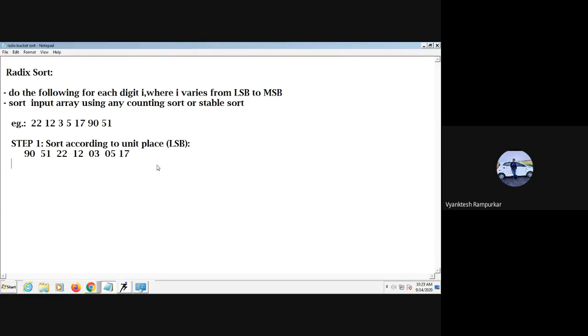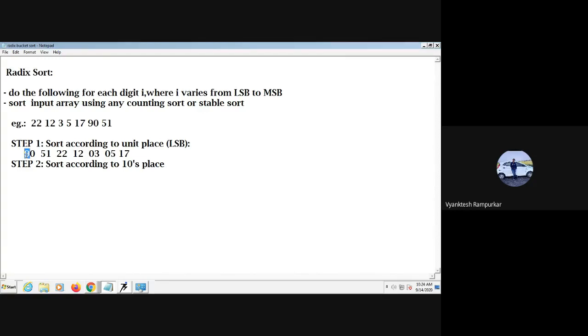In step 2, now I sort according to the tens place. We have to consider the array generated in step 1, and here we sort according to the number at the tens place.